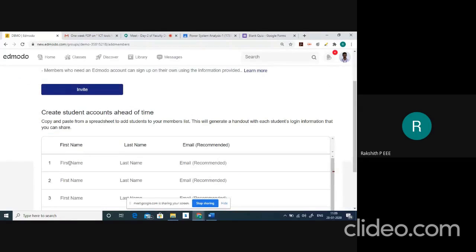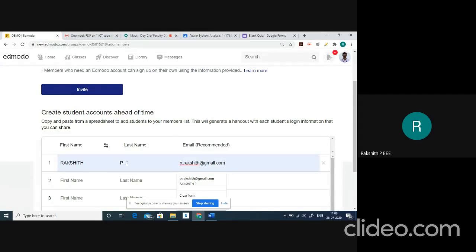Say, for example, Avinash R, and you can now enter a particular email address. So I'll select my name only, Rakshit.